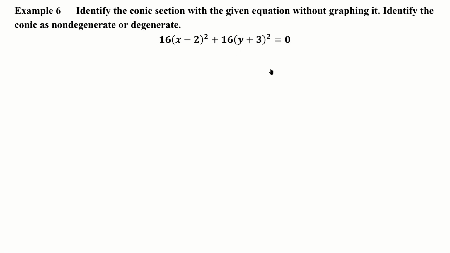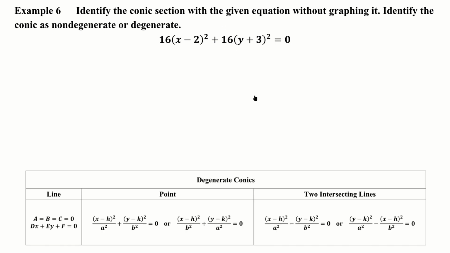Okay, what about this one? See if you can determine what that is before continuing. Okay, as you've probably guessed, because of that 0 there, we're going to have a degenerate conic here. And as to which one it is, well, if you just put it in standard form, you can see we end up with